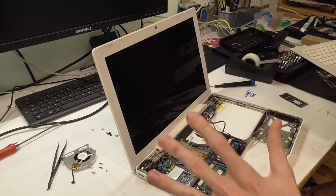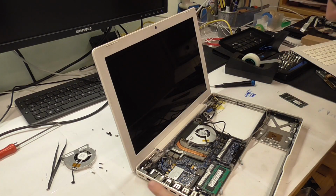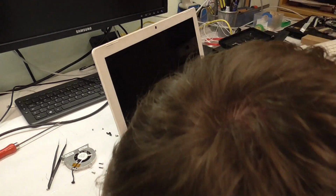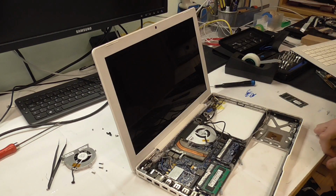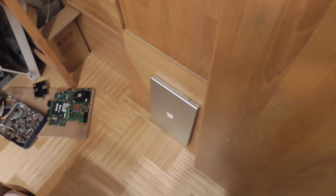I was just looking forward to actually plugging it into a monitor and seeing if it works, but I fear I don't have one of these connectors, because adapters for these connectors are, I don't know, special Apple bullshit as always, so I don't think I have one of these. So it's a couple of days later, guys, and here you see my free MacBook Pro,